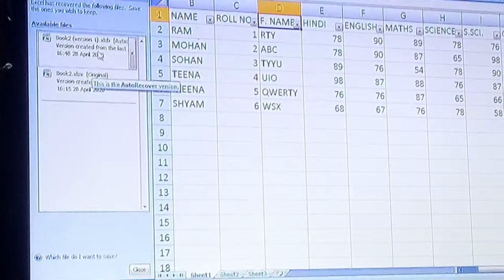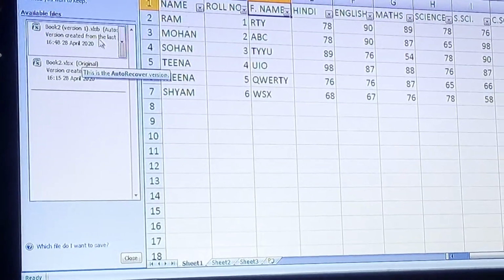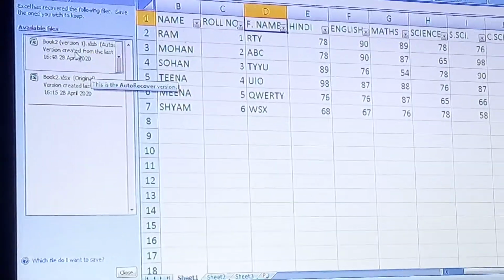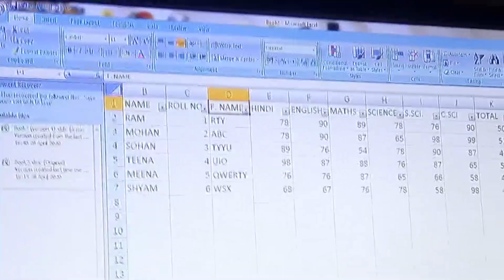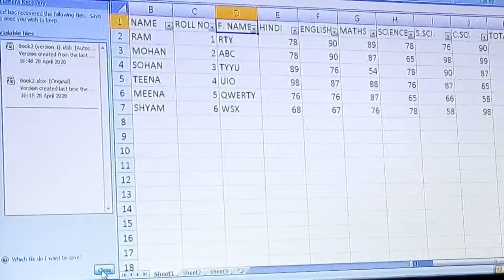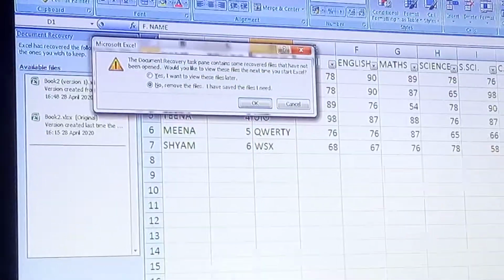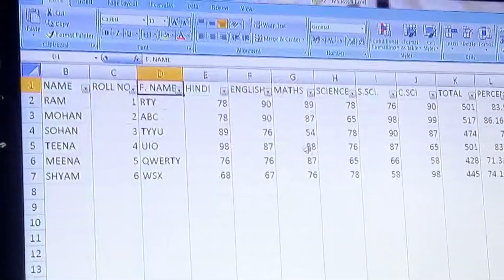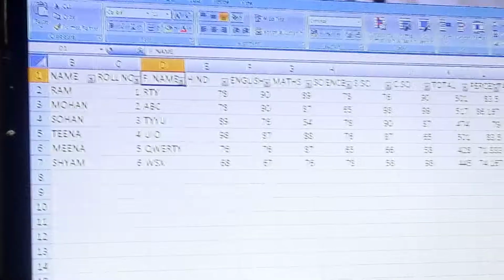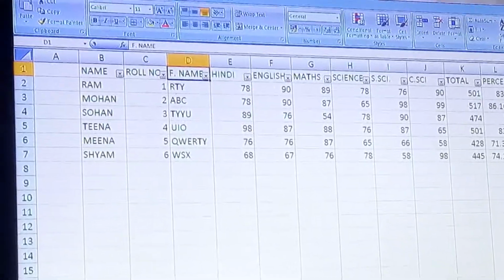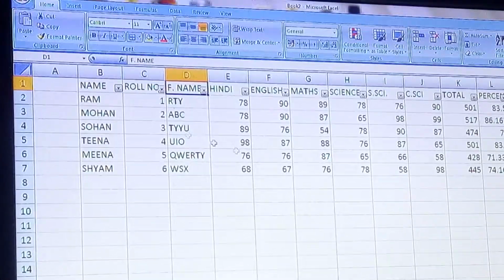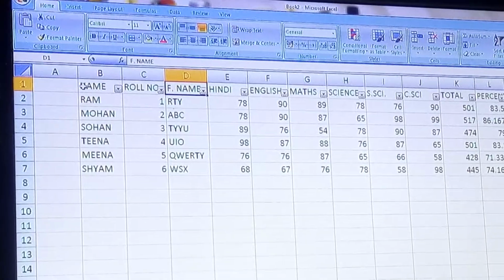So if you want this auto recovery, then click on it, or otherwise simply close it, because there is no need of it, because we have worked directly on the database. Clear? Now we have to work on the database for the advanced filter.